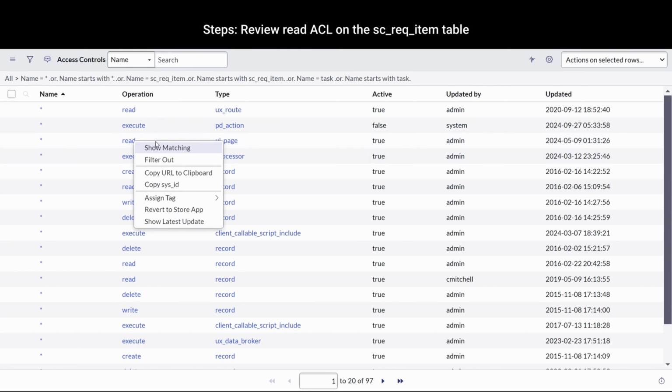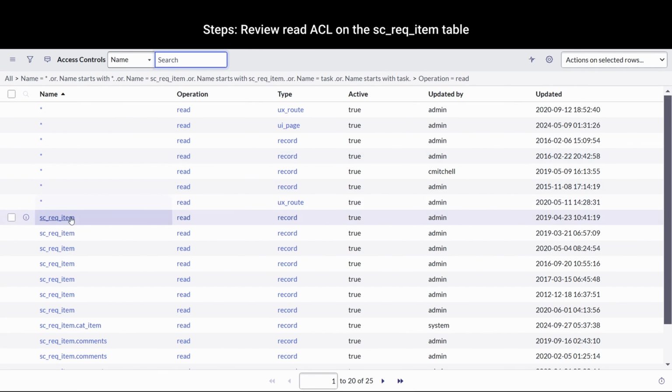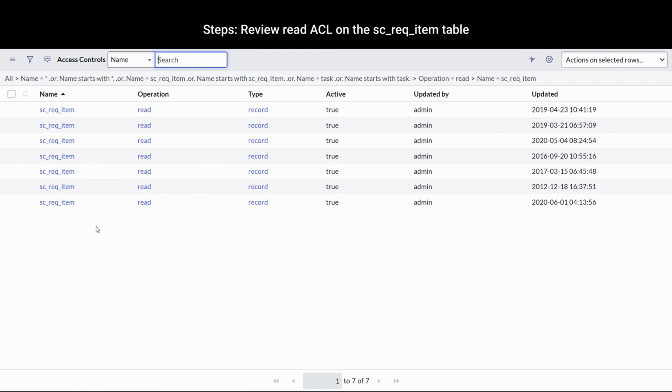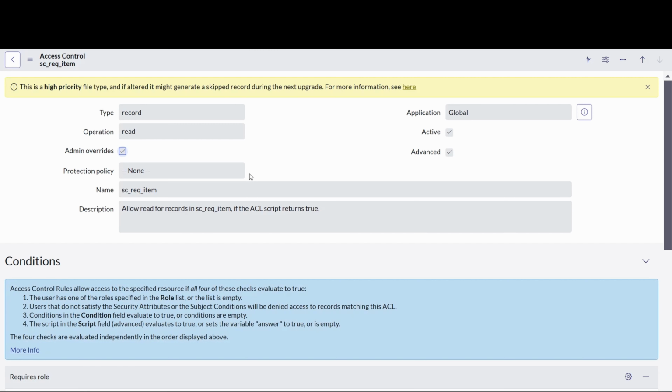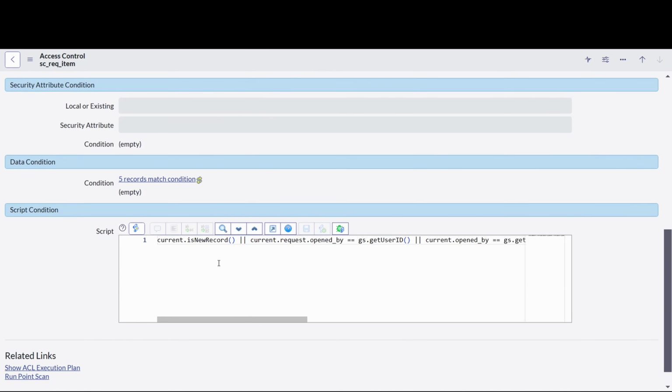Security ACL will pick up the read ACL. Let's see which ACL is causing an issue. Okay, so this is the one. So I'll just close other ACLs. So you can see it would show a request